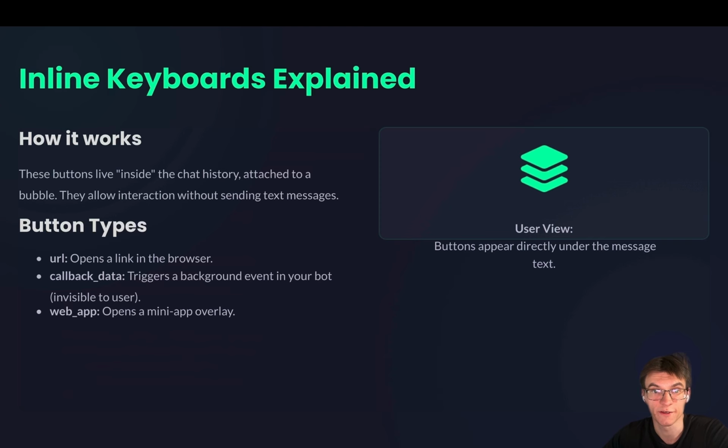The user never sees that. But when you click a button, Telegram sends the string back to your bot in a callback query. Inside that string, you can encode anything you want: IDs, action types, product codes, or any other information that helps you understand what exactly the user clicked. In other words, the label on the button is for the user and the callback data behind it